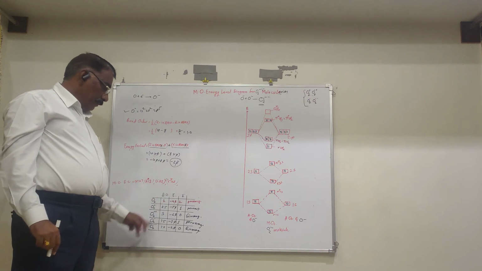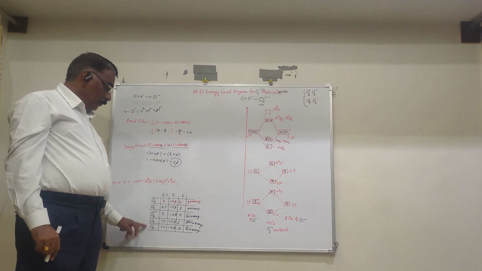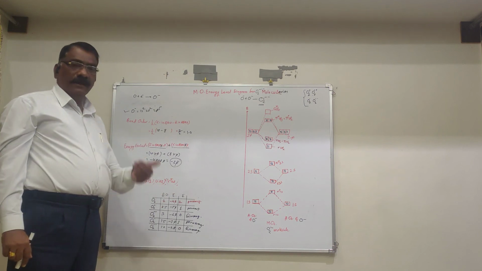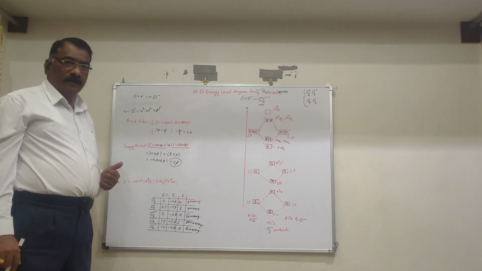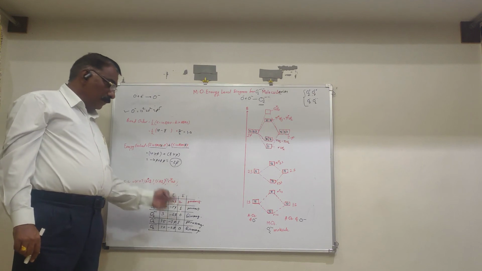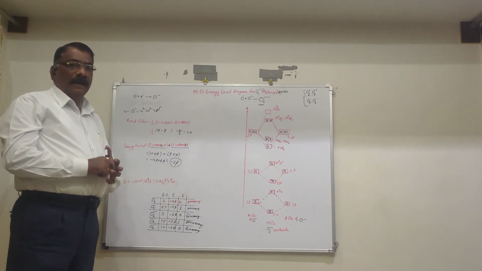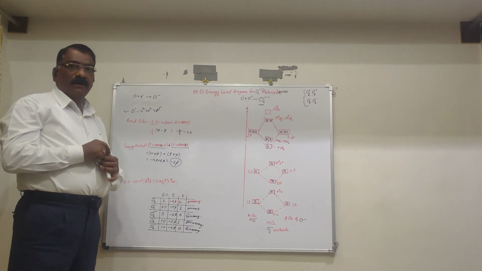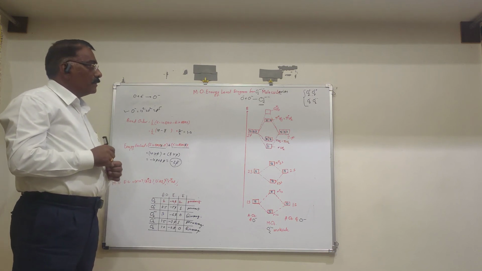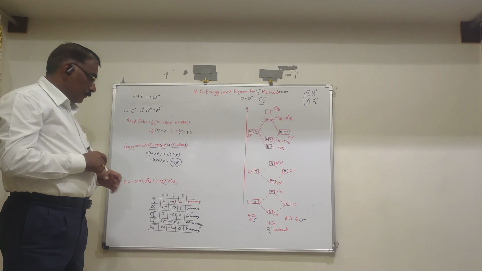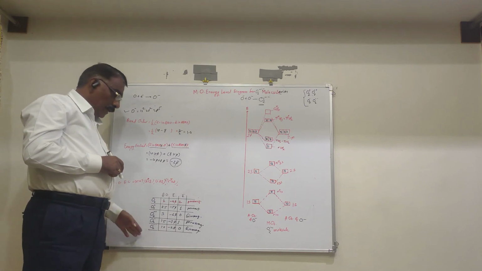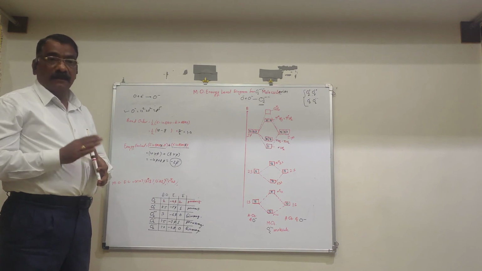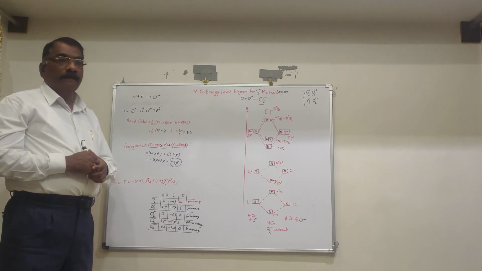Thus we can compare oxygen and its molecular ions in terms of the bond order, in terms of the energy, in terms of the stability, in terms of the bond length, as well as the paramagnetic and diamagnetic behavior, which depends on the number of unpaired electrons or paired electrons. Thus these oxygen molecular ions are all stable, and that stability will vary accordingly.